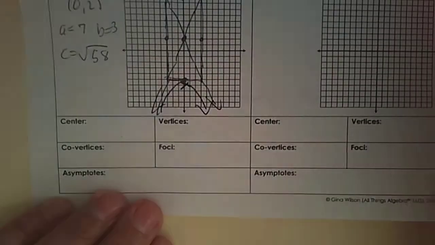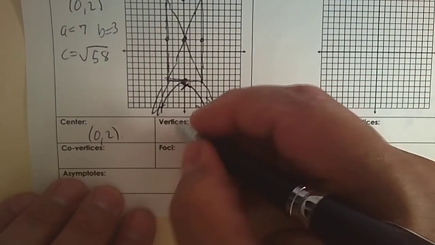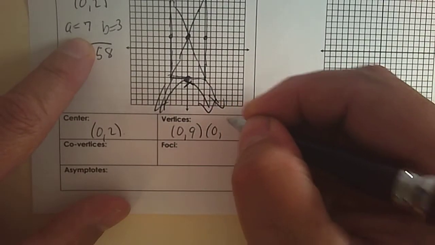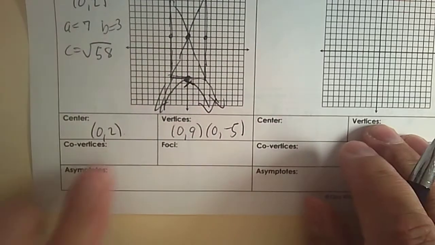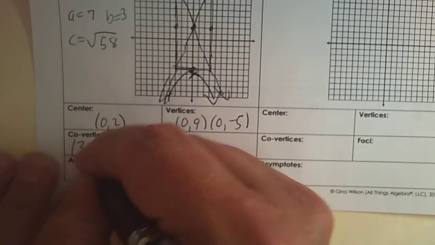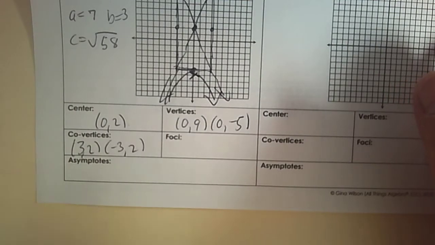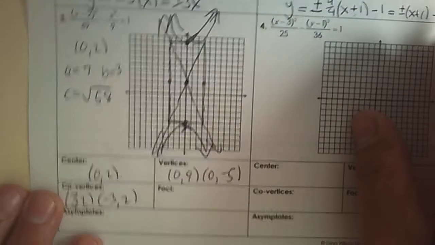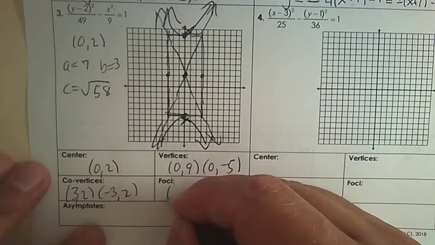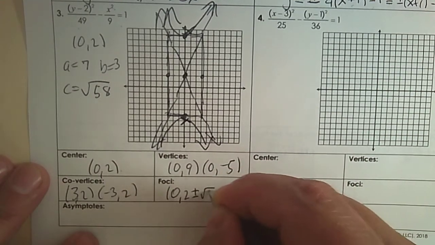And now let's write it down. So our center, again, was at 0, 2. Our vertices, we took the y-coordinate and we added 7. We took the y-coordinate and subtracted 7. The co-vertices, we took the x-coordinate and we added 3 and subtracted 3. The foci is the square root of 58. Now for the square root of 58, that's the x-coordinate, the y-coordinate, sorry. So it's 0, 2 plus or minus the square root of 58,